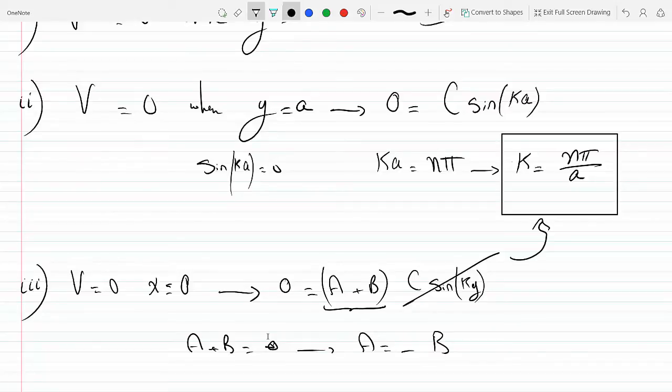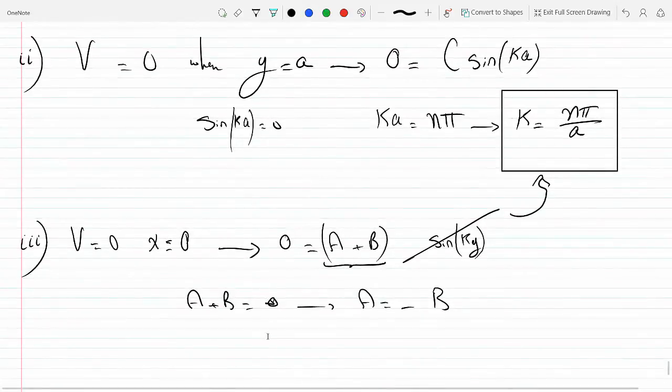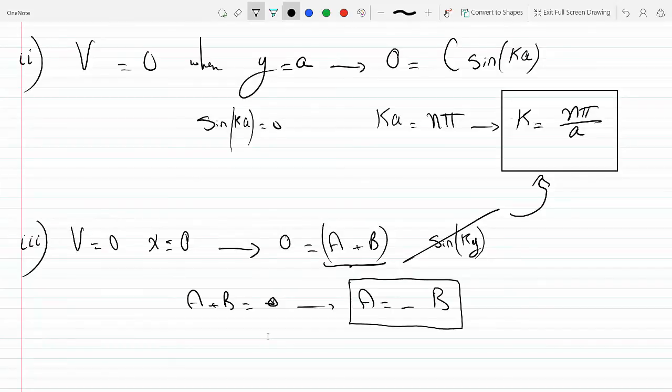And by the way, I don't need the c constant anymore because I can absorb the c into a and the b. So I could just remove the c. And now that I found a relationship between a and b, technically all I'm left with is one coefficient, because a depends on b. How do we get to the e to the